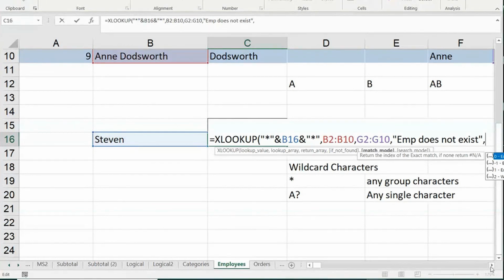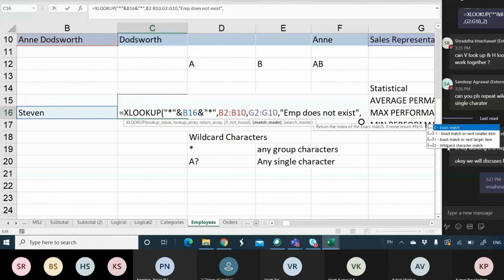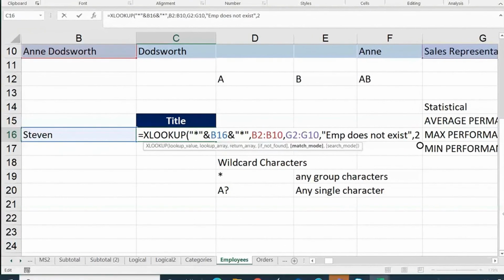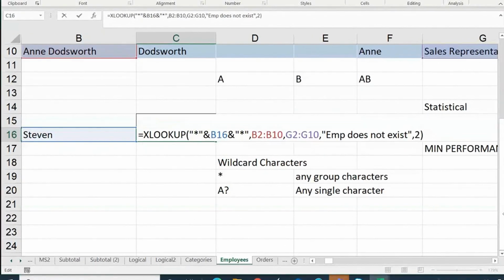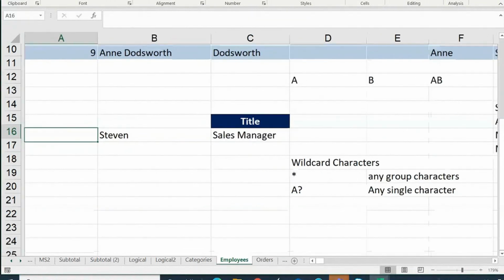Comma, match mode is very important here. Match mode tells Excel that I'm not looking for an exact match or approximate match. I'm looking for a wildcard match, which is the number 2 here. So I'll use 2 there. Close the bracket and look at that. I'm able to grab my information nicely.